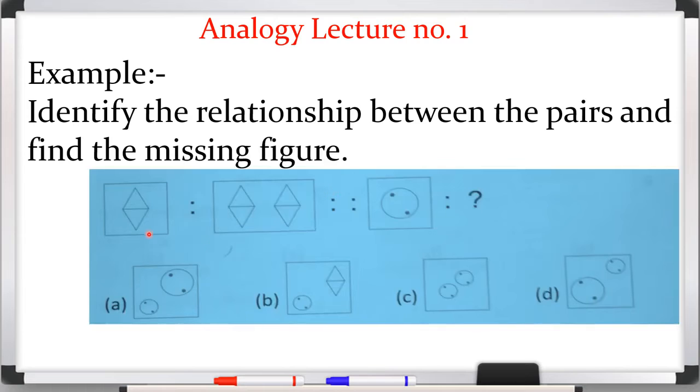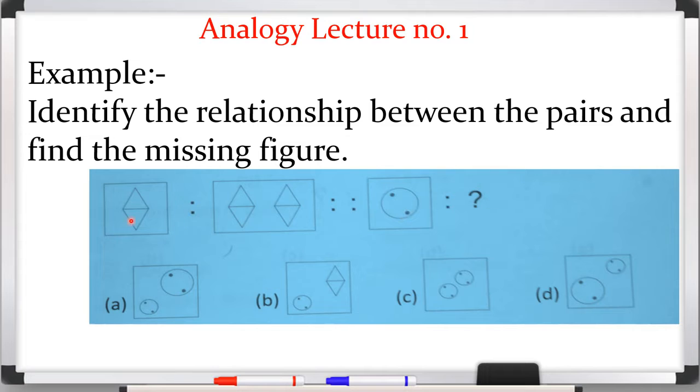So here this figure is given and you can see that we have given this pair and with two dots. Okay, these two dots means the ratio. Okay, and these four dots means the proportion. You will learn it in detail in your higher classes. Okay, so here what you have to learn, that whatever is the relationship between these two, the same relationship we have to maintain in these two figures.